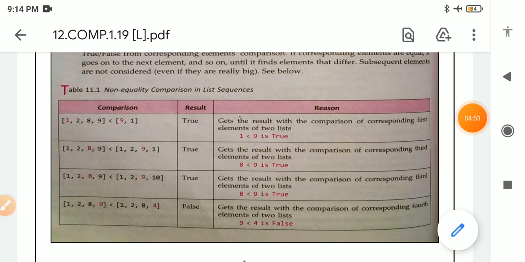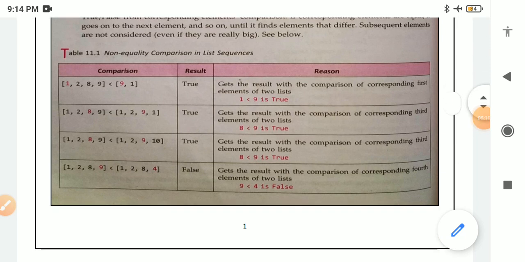It means when we are comparing two lists, the lists must be of the same type, and when the comparison is going on, it will check each and every number until a different number occurs, when both lists are the same.